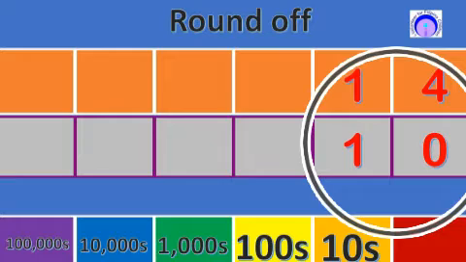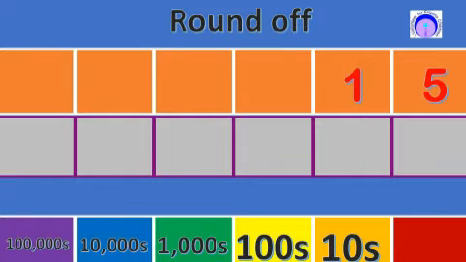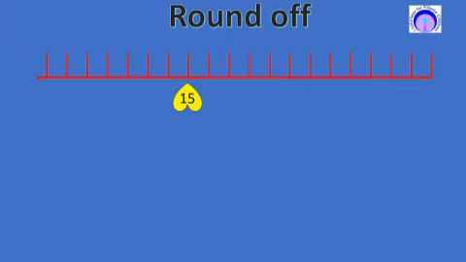Rounding down. How about rounding 15 to the nearest tens? Ano kaya ang magiging sagot? Let's take a look with our number line, where 15 is located. At dito naman natin makikita ang number 10 and 20. Nasa gitna ang 15. But anyway, itong 15, when rounded off to the nearest tens, it will become 20.